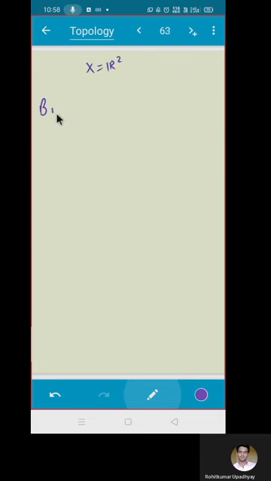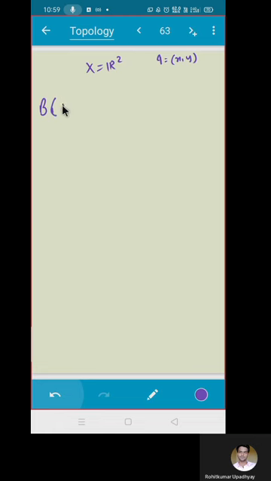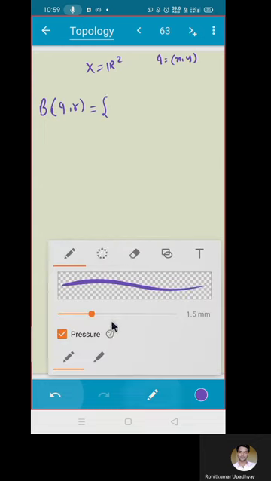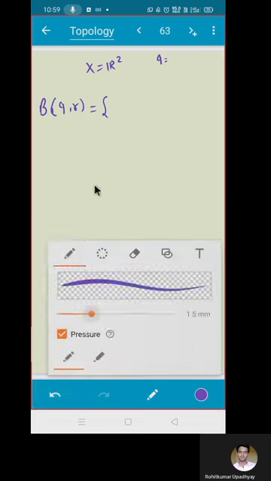So let us see when my X is R2. What is B_d(x, r)? Here my x will be another point, so let me talk about some q in R2. Let q be (a, b). Now I am going to talk about B(q, r). Can you tell me what is B(q, r)? It is better to write this point since it is the center, so better to write this point as (a, b). That will be better.